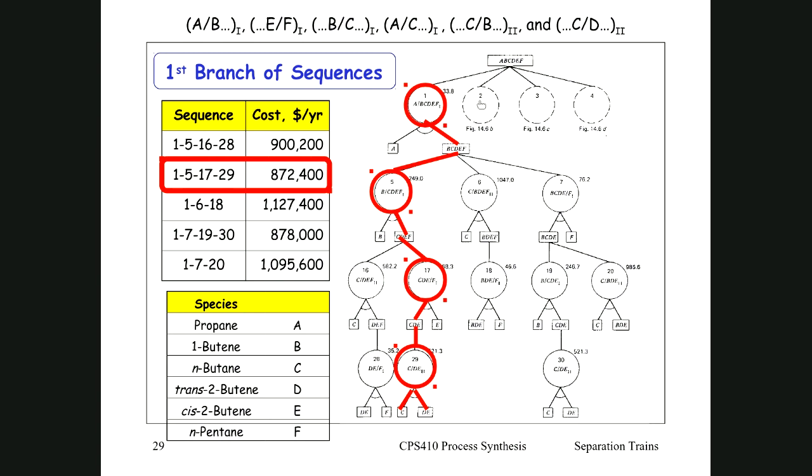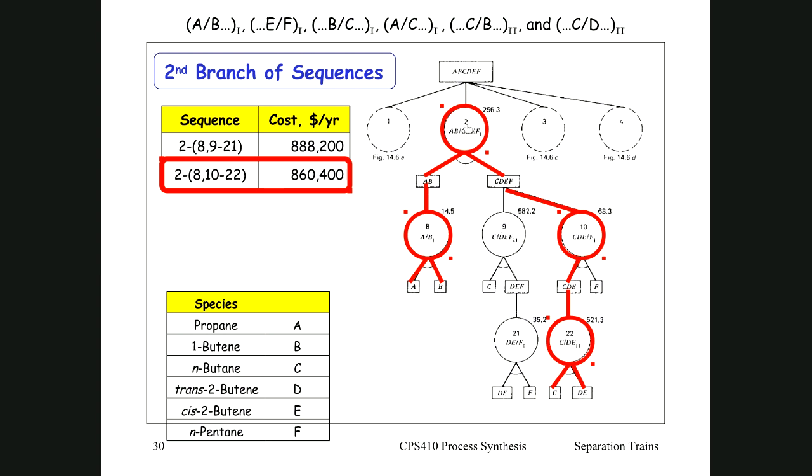And similarly, you can do the same for all of these possibilities, 1, 2, 3, and 4. So let's carry on. Here is number 2, and we can go down that way. This one is very similar. 8, 10, 22. And this one, and eventually 10, 22, yeah. And eventually you can work out which is the optimum one, going down, starting with 2, and